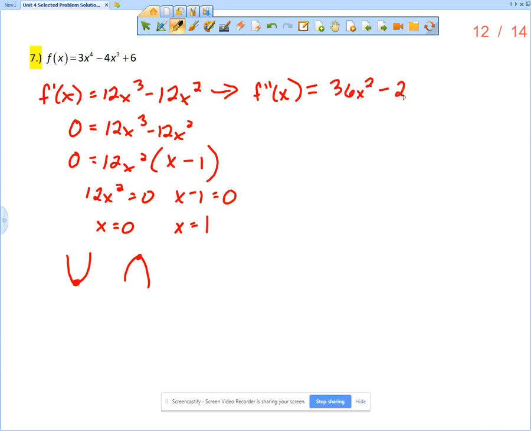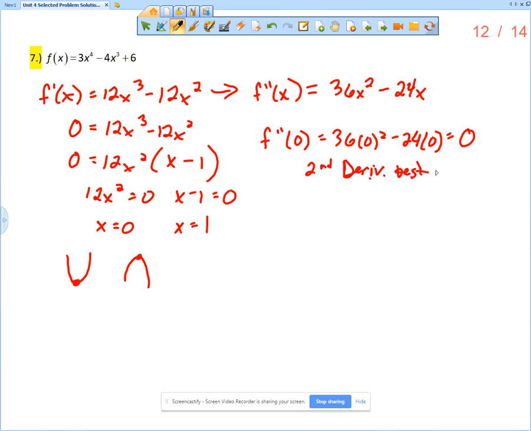So f double prime is the derivative of 12x cubed, which is 36x squared, minus the derivative of 12x squared, which is 24x. Now we want to evaluate f double prime of 0. So what is f double prime of 0? 36 times 0 squared minus 24 times 0, and that is 0. So that means the second derivative test is inconclusive